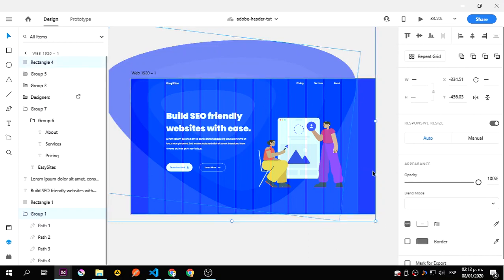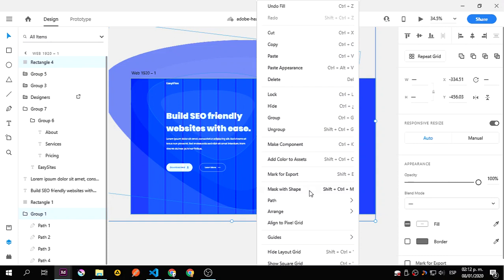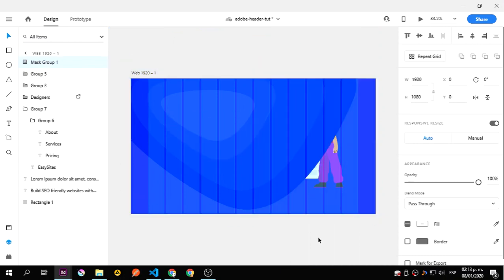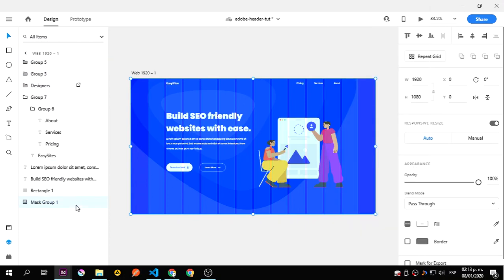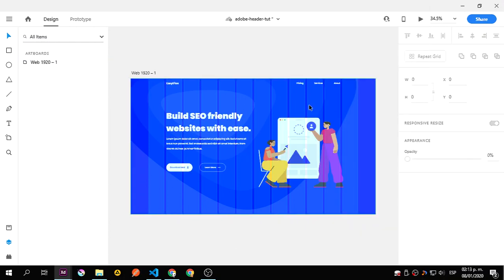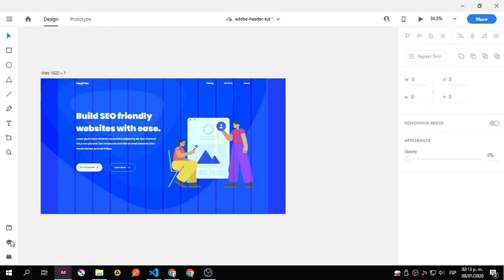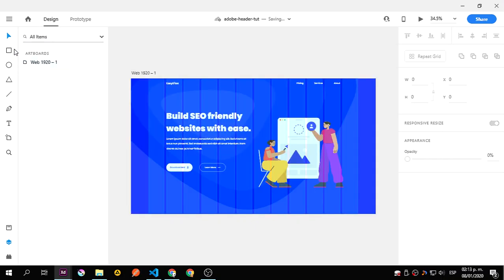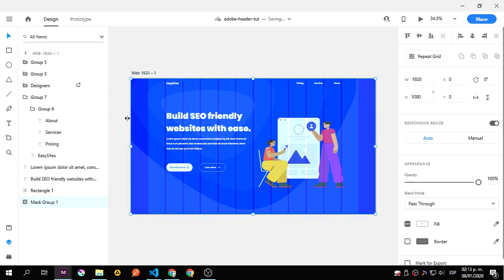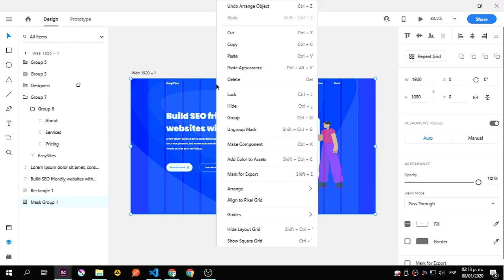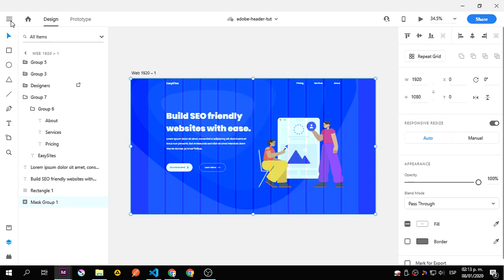Okay, that should be it, right? Rectangle 4 and group 1. Okay, that should be fine. And we just mask with shape. Now remove all this down there, and you can see we have, let's go back. Okay, click that one, and now this is the mask, and we can just come here,